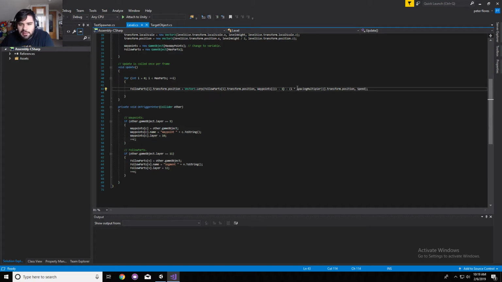And then we are minusing I times the spacing multiplier. So for the I in the for loop, it is going through the body segment section. So it is taking the full amount of the body sections, and it is taking the index of which segment it is on, and then it is multiplying it by the spacing multiplier. So if we are the third body segment, and the spacing multiplier is, say, 5, it's going to lerp to the 15th index